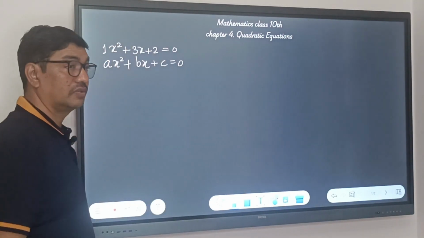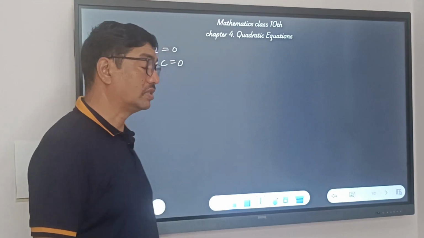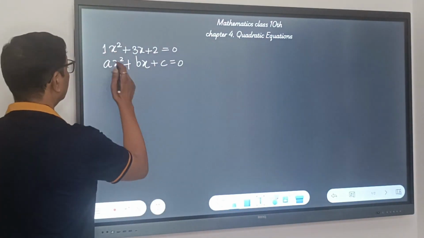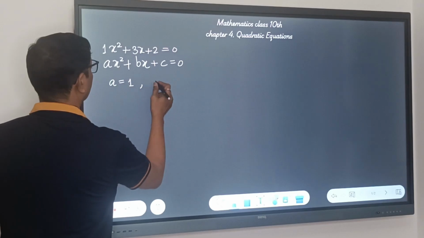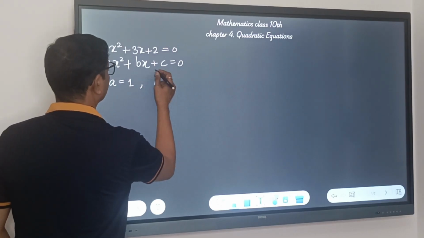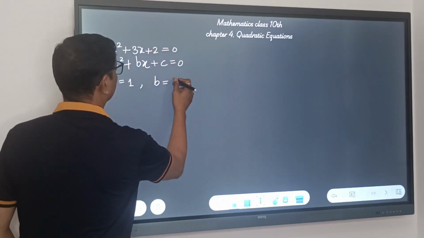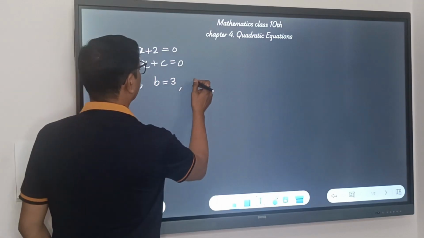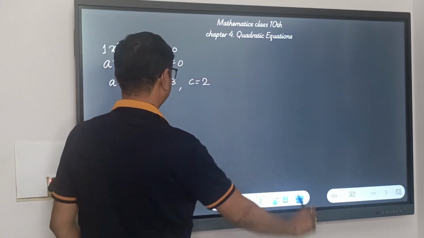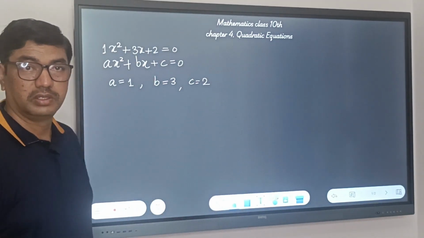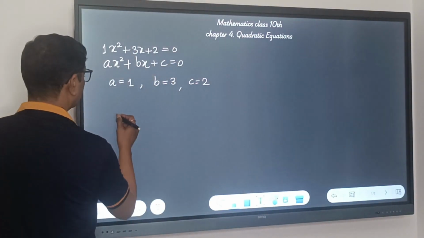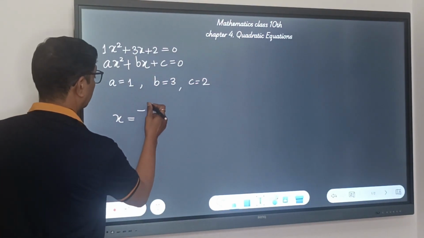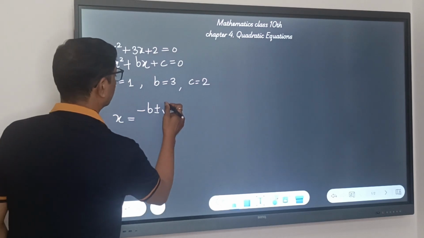Then compare. The coefficient of x square is a, and the coefficient of x square in the main equation is 1. So when you compare, a is equal to 1, the coefficient of x is b, and here the coefficient of x is 3 and the constant is 2. It's clear. Now the formula method is, we have x is equal to minus b plus or minus square